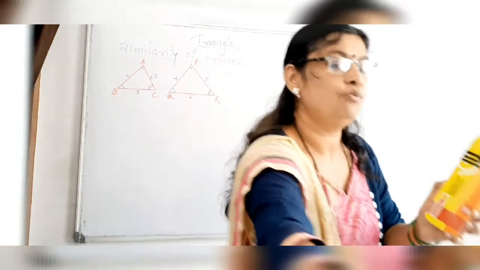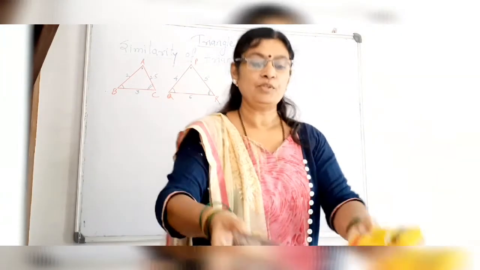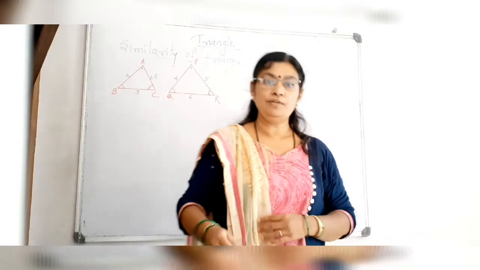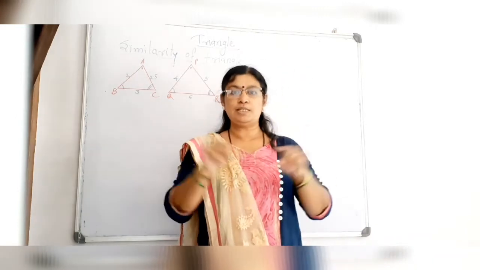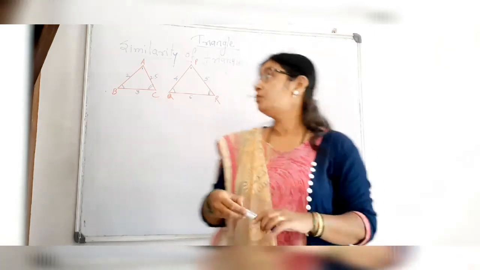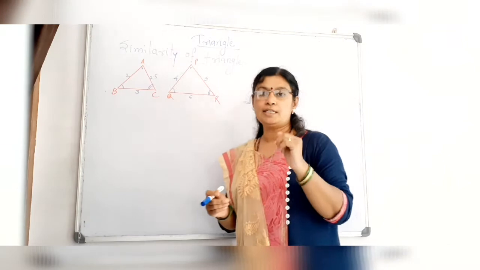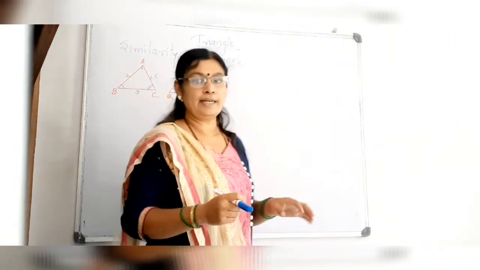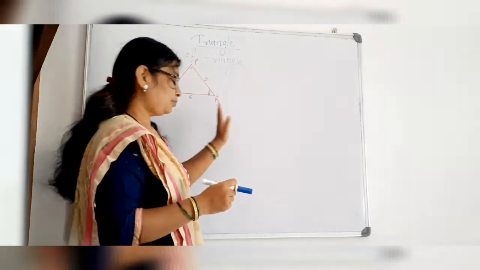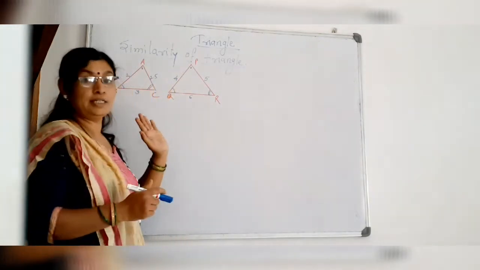Now see here, if we take these two boxes, they are also similar, having the length, breadth, heights different but only the shape is same. If the shape is same, then that is said to be a similar figure. If we take circle, quadrilateral, rectangle, if the shapes are same, then those figures are said to be similar figures.